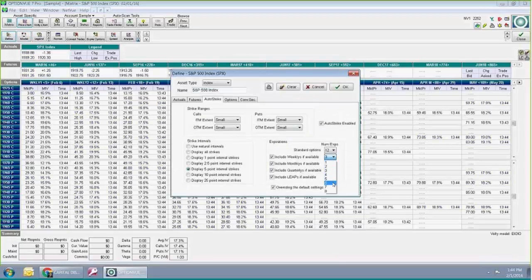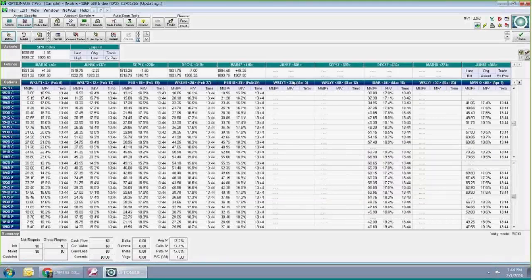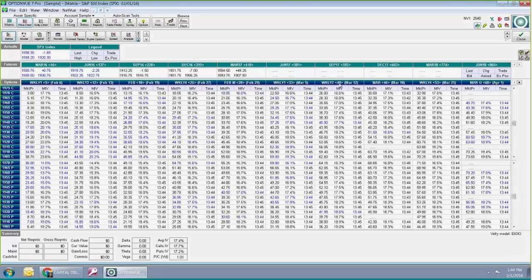But if I change that to say 4, or in this case I'll just say 6, let's see how many show up. Here's this weekly one. You'll see there is also another weekly 2 here with 40 days. And here's the weekly 4 with 53 days. So there's actually 6 available on the SPX. That's the most of any asset. Hopefully that's the problem that you're hitting, because otherwise you'd have to go in and manually do it. But then the next time you open the matrix, it's going to say, oh, you only want 3 of these, so I'm throwing this one away.